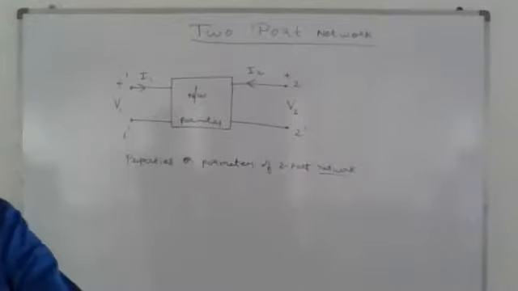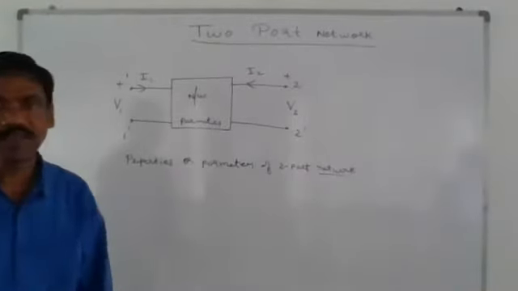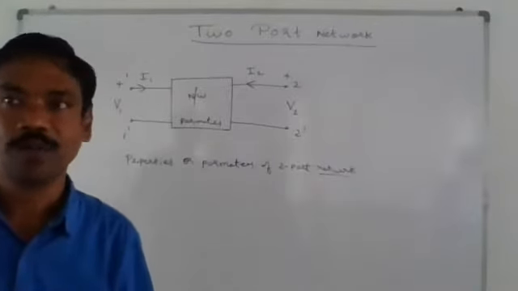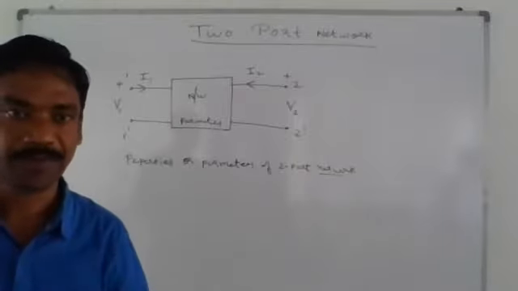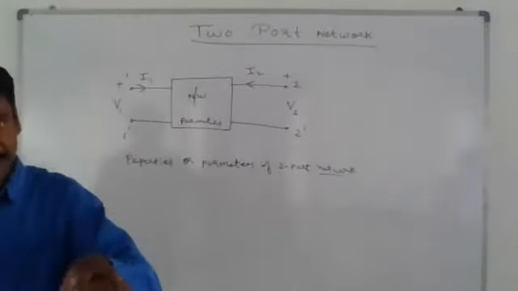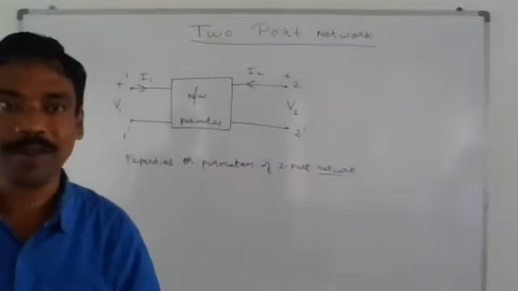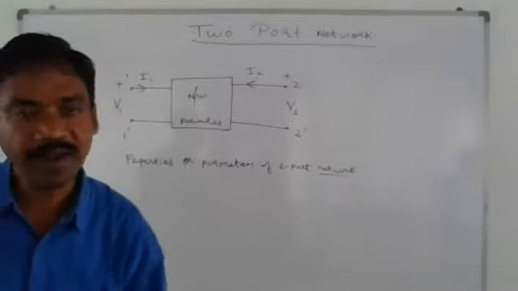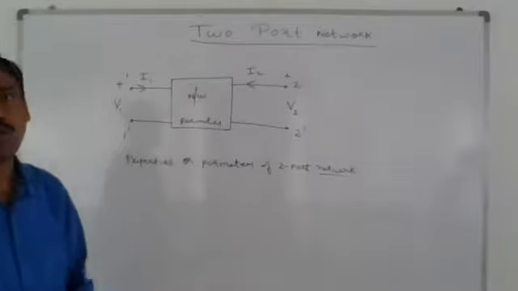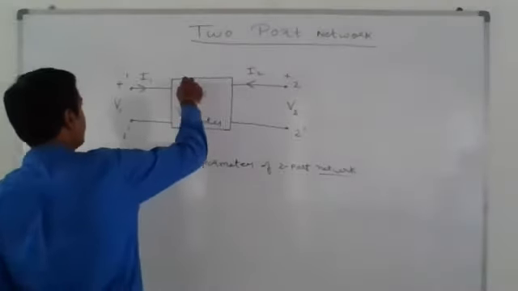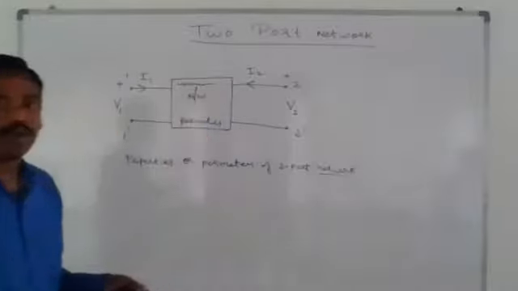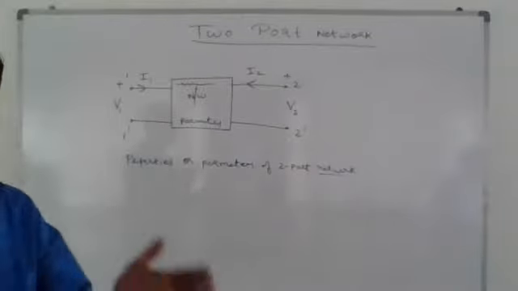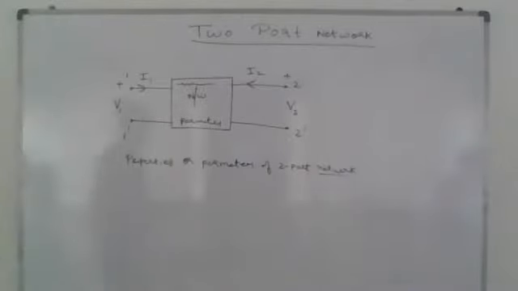That is why we are studying this two-port network, because anything is there, like an adapter, your mobile adapter. You are giving input AC and taking output. What is inside the adapter, you don't know. What is inside the adapter and what are its properties, what are the parameters of the adapter, we can find by doing some analysis. Exactly the same thing we are doing in this two-port network. Suppose we are interested in finding some resistances, inductor, capacitor, what is its value, we find. Of course, there is not one resistance, there are some parameters which I am going to define here.